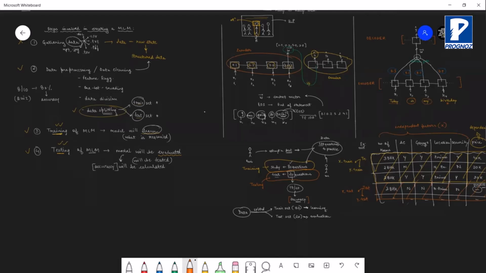These are the steps involved in creating a machine learning model. What are the aspects here? Then you can go through this example. Just go through it. And then if you have questions, we will be coming at 7 p.m., and accordingly we will be taking up your first question.